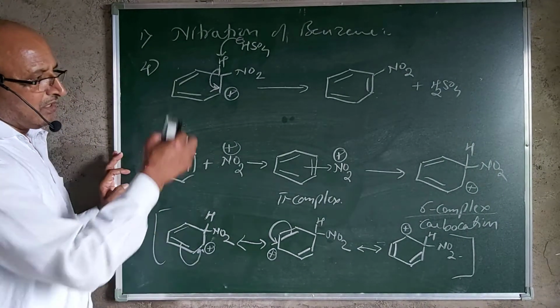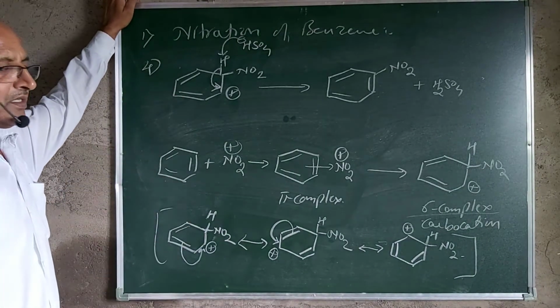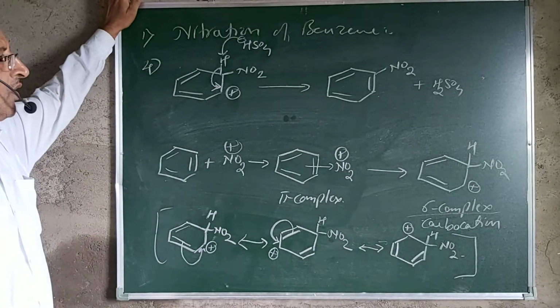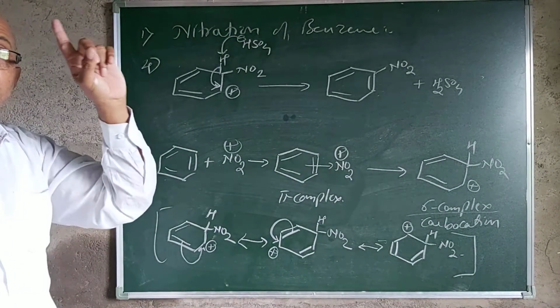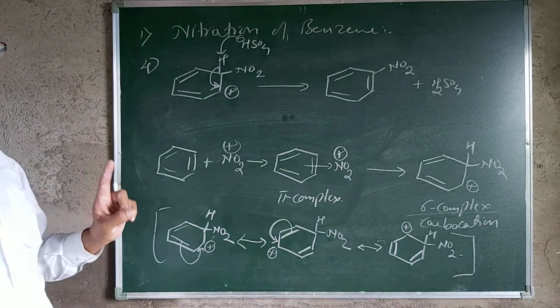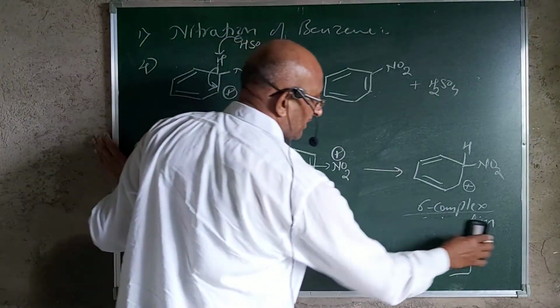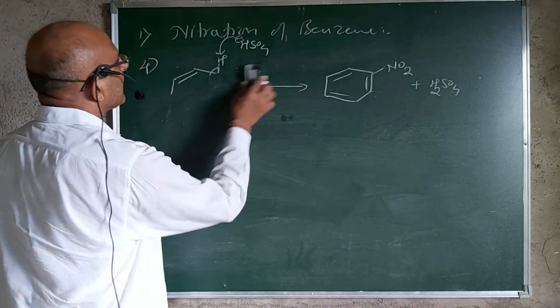So in the overall reaction, if you just see, the second, third and fourth steps are more or less common. Only the type of conjugate base is going to be changed, which is going to be formed in the very first step of the formation of an electrophile. So the formation of sigma complex and the pi complex is the most common thing. Now in the same way, like nitration,